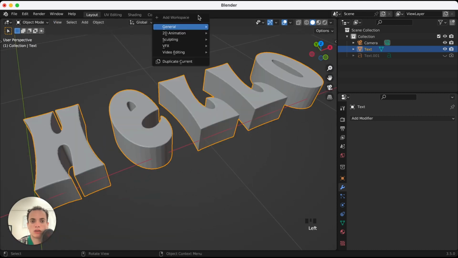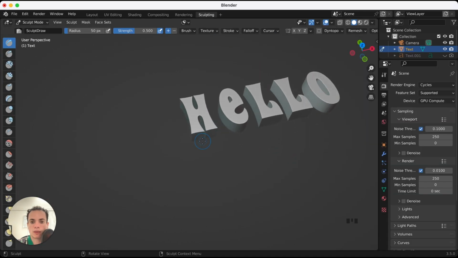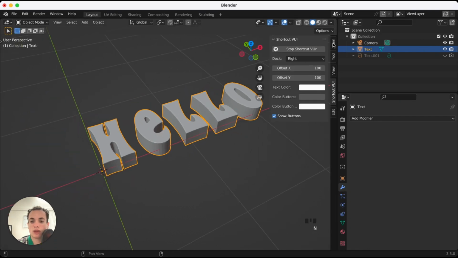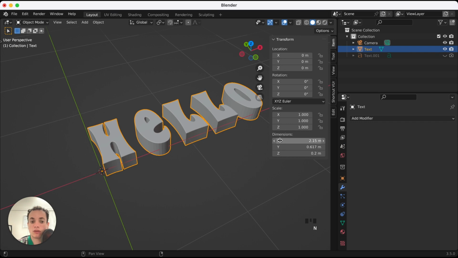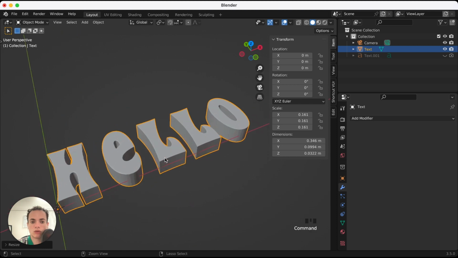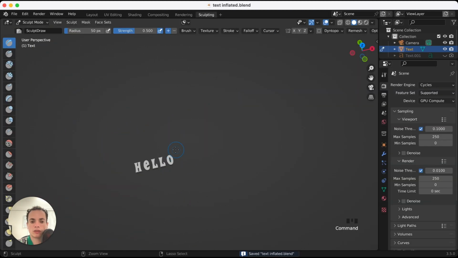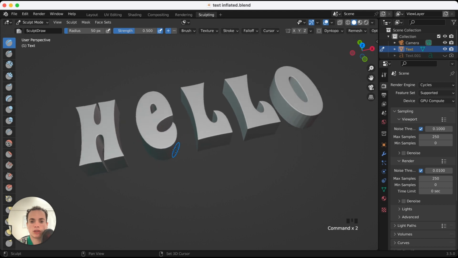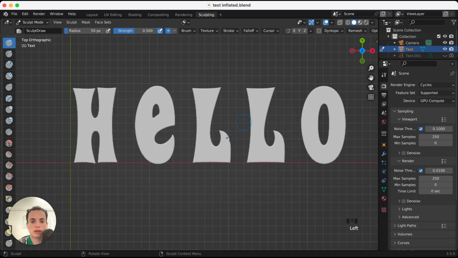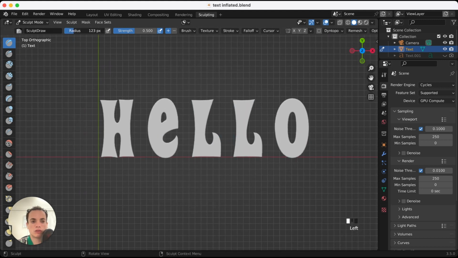Now we can go in the sculpting tab. You can zoom, and first before the sculpting tab, when you do N, you go on item, you see the dimensions of your text. You need to make it smaller because this is too big. So maybe like this, and you can zoom on it. Now you go in sculpting, you zoom, and you can go in Z axis here. Now the radius you can put more